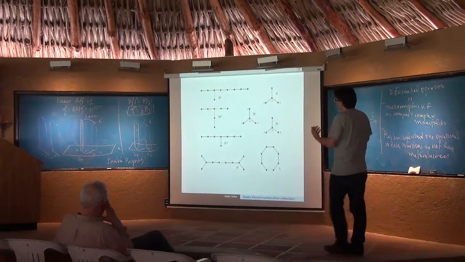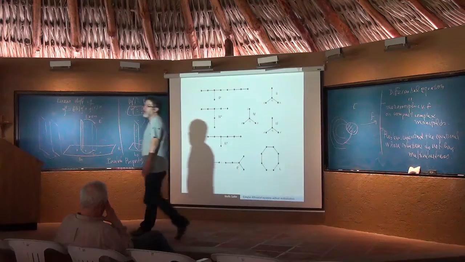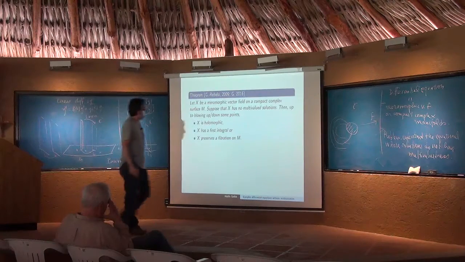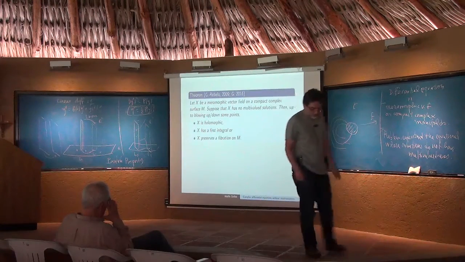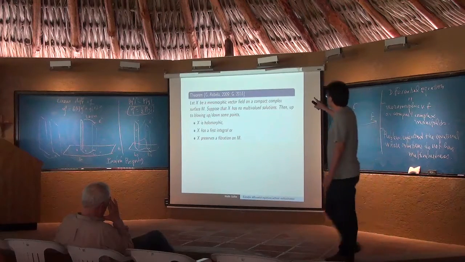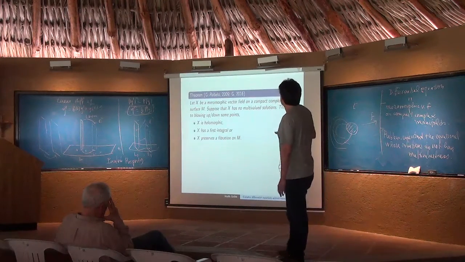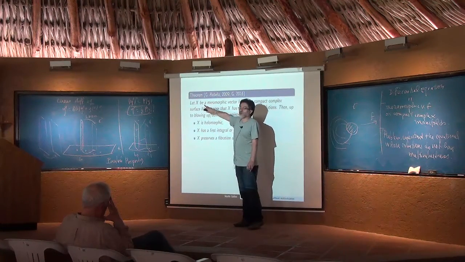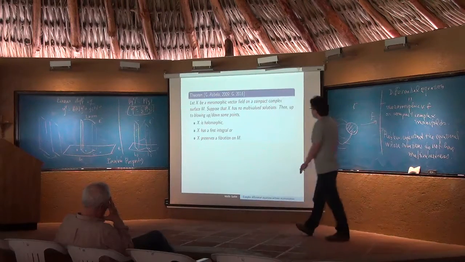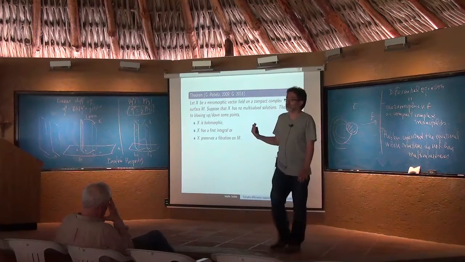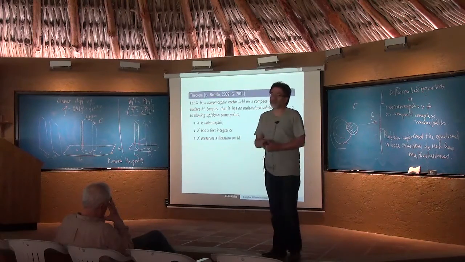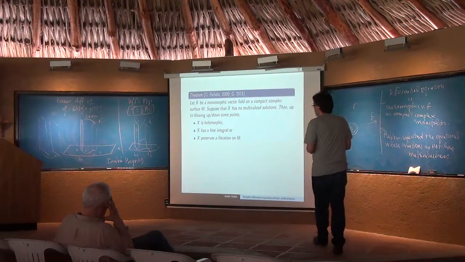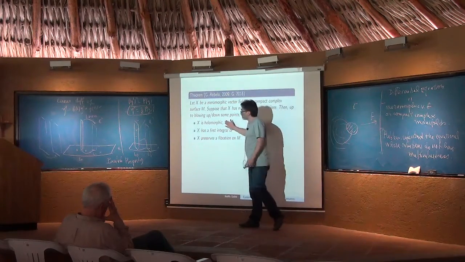So when you put this together with many things we know about compact surfaces, you get this result. It's mainly part of the joint work with Giulio in the Kähler case, and you can extend it to the non-Kähler case as well. So you take a compact complex surface with no extra hypothesis, and you take a meromorphic vector field on it, and you suppose that it has no multivalued solutions. Then, up to some transformations that involve blowing up and blowing down some points, you are in one of the following three situations. Either your vector field is holomorphic,